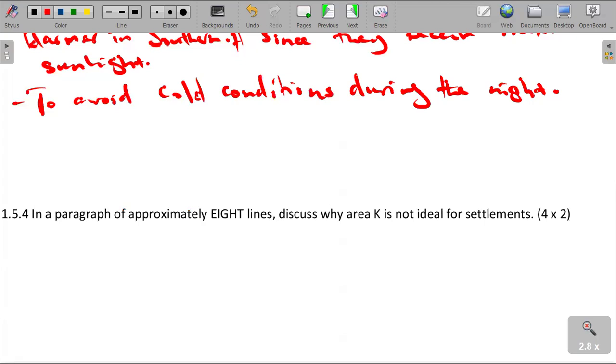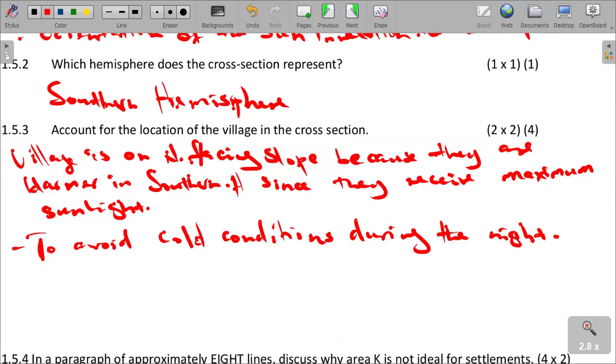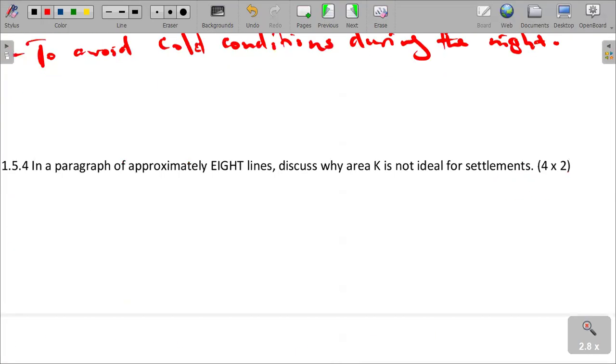And then, in a paragraph of 8, discuss why Area K is not ideal for settlement. Area K, this one, we are saying it is not ideal for settlement. We have got fields that are in the what? In the shadow zone there. So what we need to understand is that this is a shadow zone, which is Area K. Area K is in the shadow zone,